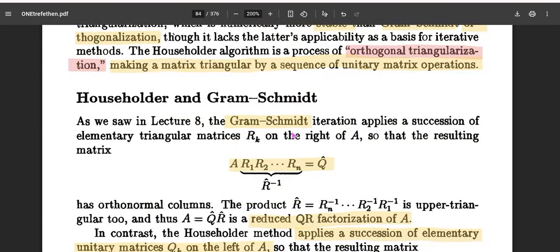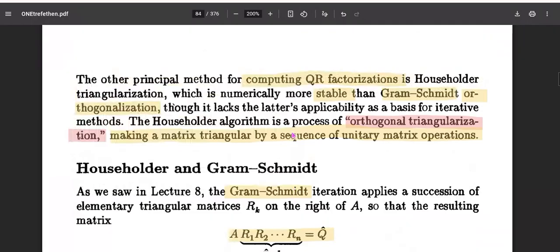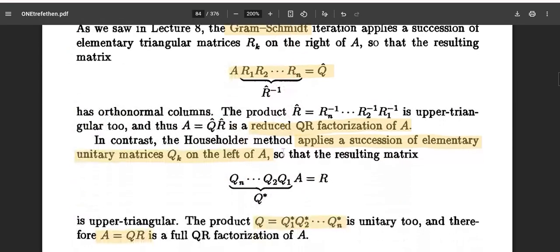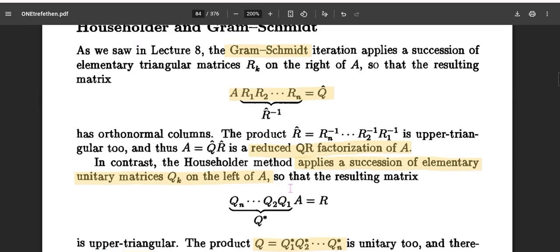orthogonalization using triangular operations. But this Householder triangularization algorithm is a different one. It's completely opposite. It applies orthogonal operations to make the matrix A into a triangular matrix, by making a sequence of unitary operations on the left side of A, whereas the Gram-Schmidt operations multiply a sequence of upper triangular matrices on the right side of A to make the matrix A orthogonal, but